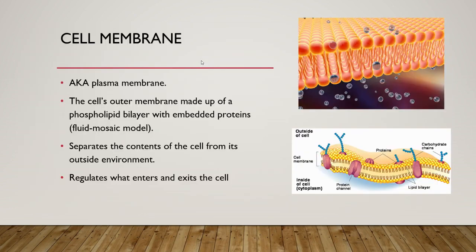So we're going to go ahead and go over some definitions. The first one we're going to talk about is the cell membrane. This is also known as the plasma membrane. The cell's outer membrane is made up of a phospholipid bilayer in which proteins are embedded. We refer to this as the fluid mosaic model. What does a cell membrane do? Well, it separates the contents of the cell from its outside environment, as well as regulates what enters and exits